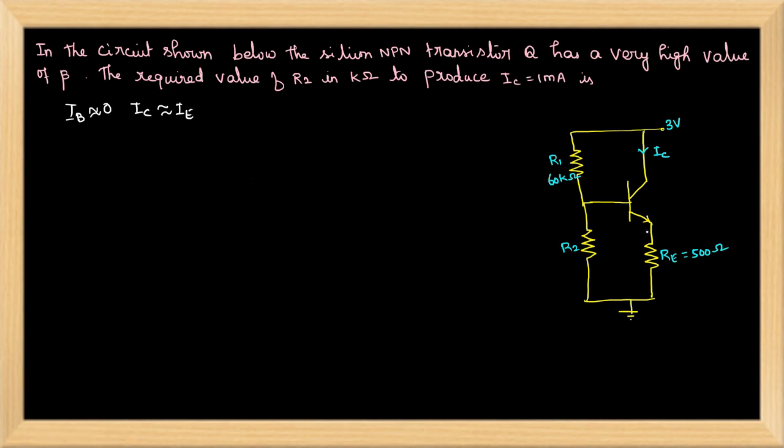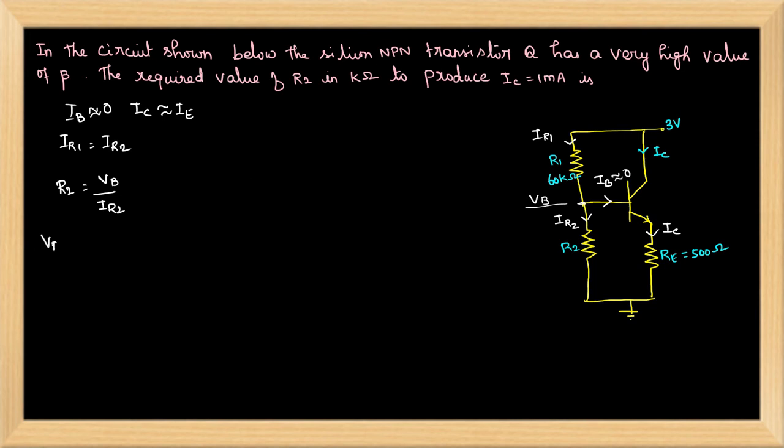Okay, then the current flowing through resistance RE will be IC. Here, if we take the current flowing through resistance R1 be IR1, and the current flowing through resistance R2 will be IR2, and here there will be a base current IB, which is approximately equal to 0, then IR1 equal to IR2. Okay, what we have to find is the value of R2 here. So R2 is equal to, we know that this is the base voltage, that is VB. So VB divided by IR2, right?